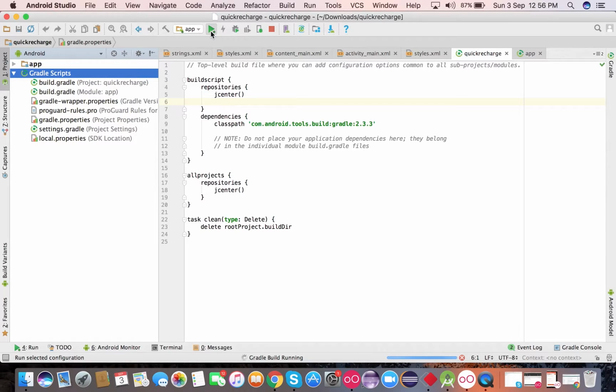It does take some time every time you hit the Gradle sync button, it takes some time for Gradle to configure and build the things for you. Just give some time to it and be patient.